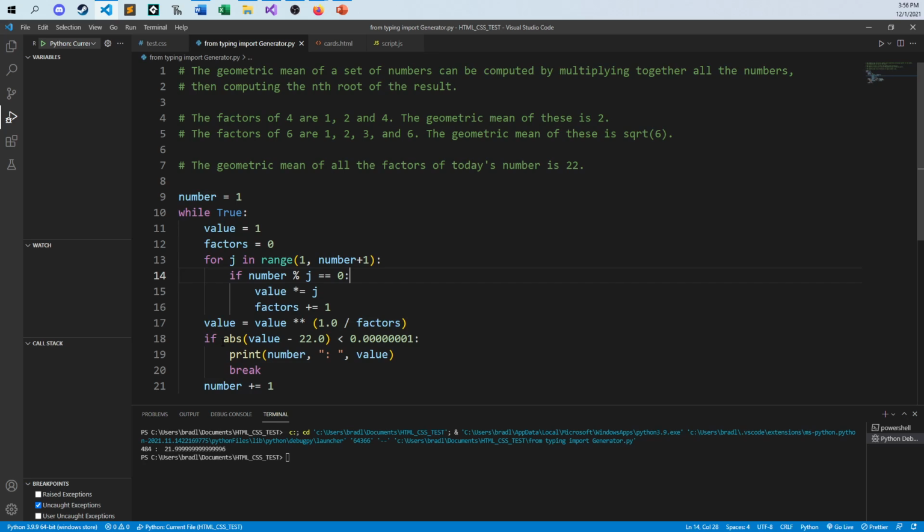How different is the number that I get when I do the crazy math from the actual 22? And if it's less than something, what is it, 7 or 8 decimal places, then I know that the numbers are essentially equal. And that's where the answer comes out. 484 is the answer. All the factors of 484, when you multiply them together and take whatever root that is,